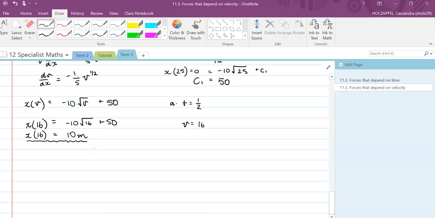to 10 meters. Now this seems pretty short to me, to be honest, if we're going from 90 kilometers per hour to 57.6 kilometers per hour in half a second, and we've only traveled 10 meters. So maybe this question isn't as realistic as what we are thinking that it is. But if we go back and look at that braking force, it's probably because that initial braking force is actually quite high. Alright, so that's how we solve problems that involve using forces that depend on velocity rather than forces